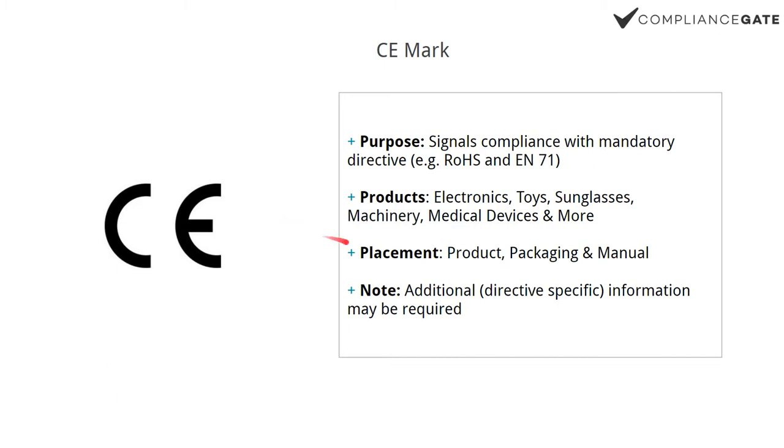And the CE mark should be placed on the product, if there's enough space, on the packaging, and in the manual. Okay, there are a few exceptions, but these are like the basic guidelines. And keep in mind that some so-called CE directives may have additional labeling requirements. For example, if you're selling machinery, you may need to have a label for the input and output voltage,